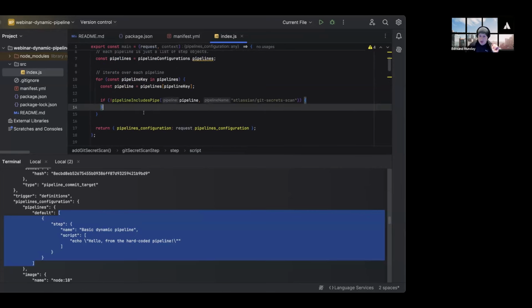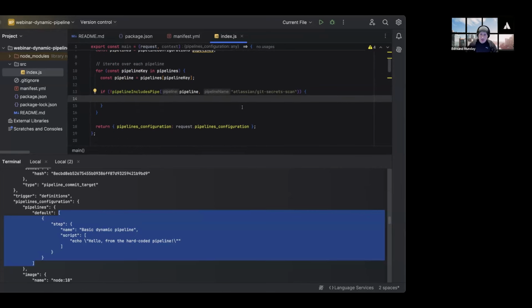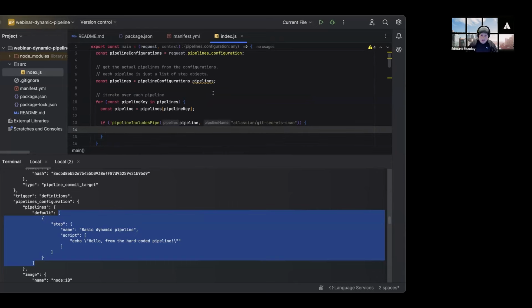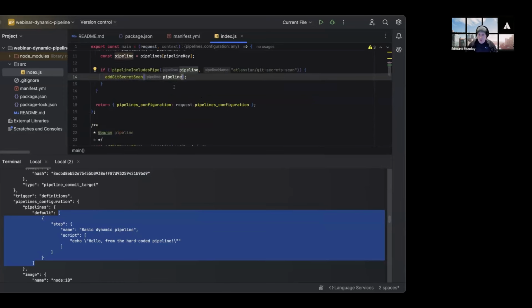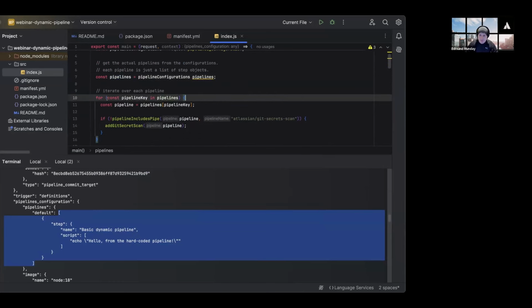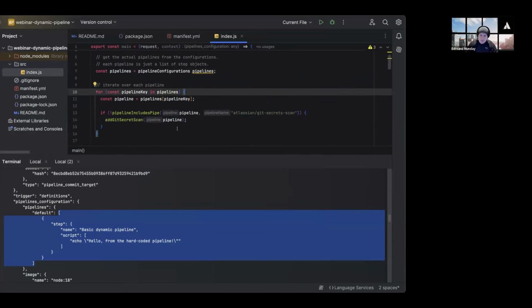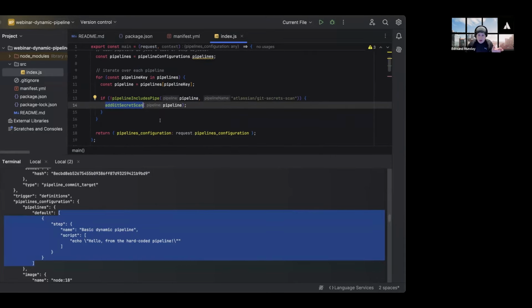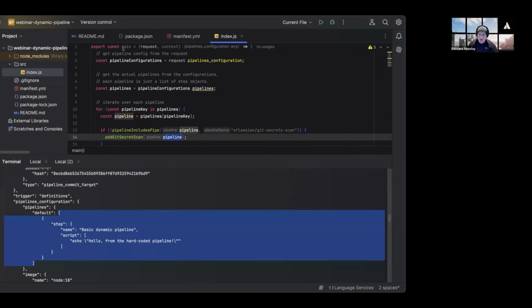All right. So I'm going to quickly add this here. I'm going to say, what do they call it? addGetSecretScan. And I'm going to pass the pipeline in. Great. So just to review real quickly, we're going to get the pipeline configuration, extract the actual pipeline objects from it, iterate over each pipeline, see if it includes the secret scan pipe, and if it doesn't, add the getSecretScan pipe as the first step in that pipeline. And then we are going to just return